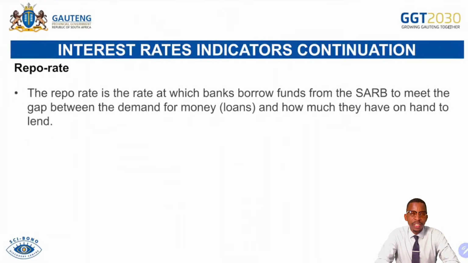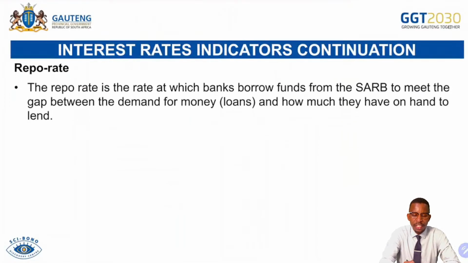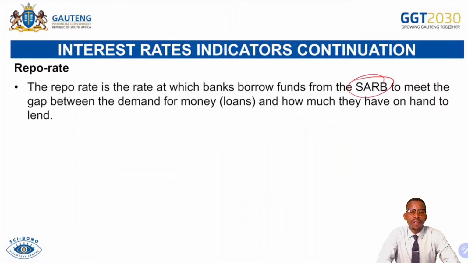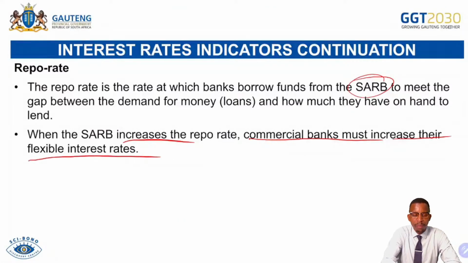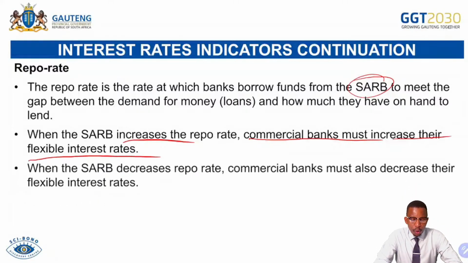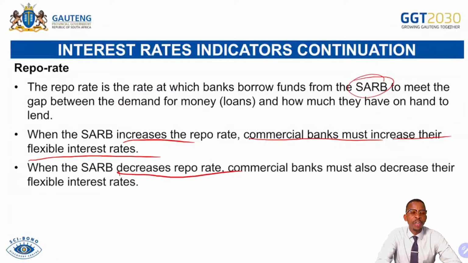So we have a repo rate, which is the interest rate charged by the central bank to commercial banks on their borrowings. The South African Reserve Bank will impose a repo rate on commercial banks whenever they borrow money from it. Then when the South African Reserve Bank increases the repo rate, commercial banks must increase their flexible interest rate, which includes what we call the nominal interest rate, and the prime rate will also be affected. When the South African Reserve Bank decreases the repo rate, commercial banks must also decrease their flexible interest rate. So whenever the repo rate has been lowered by the Reserve Bank, commercial banks must also lower their interest rate,